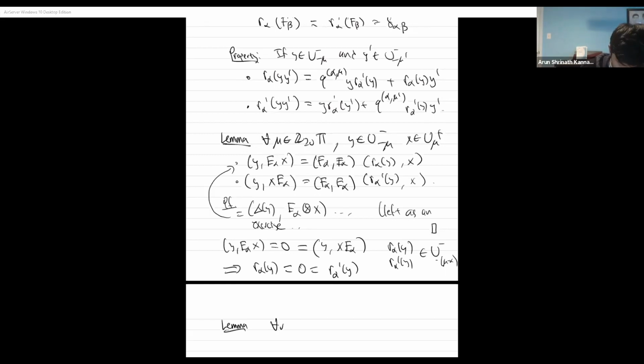For all alpha and y in U minus mu minus mu, again as above, we have the following relation. The commutator of e alpha and y is given by q alpha minus q alpha inverse, k alpha minus